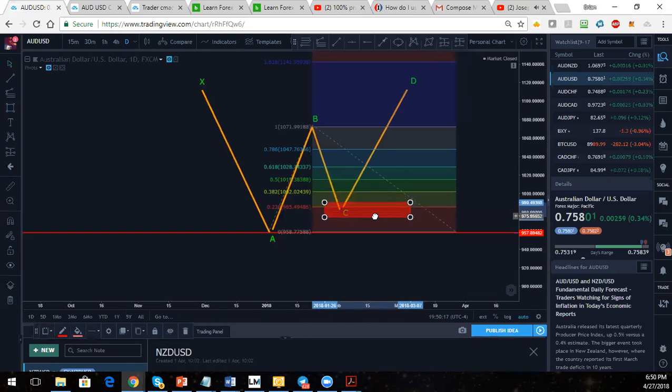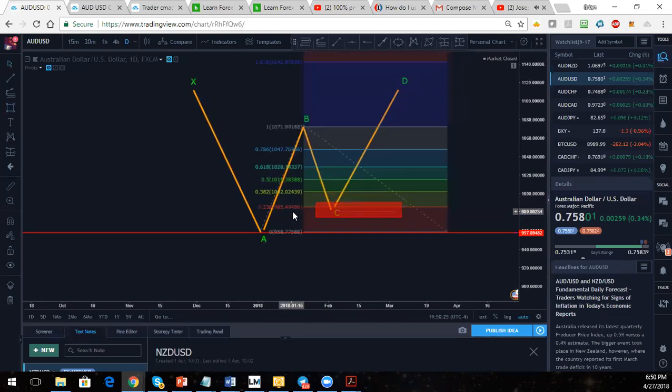So it'll be for sure after the 0.382 level, but a little bit before the 0.23 level, in between the zone here. So this is where you want to look for your retracement and then go from there,